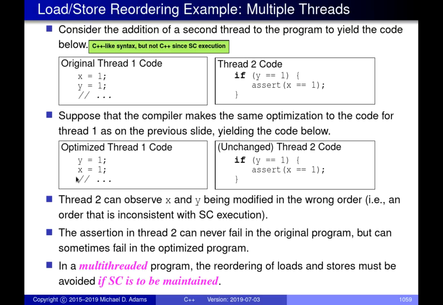The reason why is, again assuming that the machine is sequentially consistent, we could have an execution that goes as follows. Remember the variables are initially 0, so x and y are initially 0. We set y to 1. Then before any further execution happens in thread 1, we test the if over here. Well, y is 1 because it just was set to 1. We go into the assertion and we assert x is 1. Well, it's not 1 because we haven't yet reached the line in the other thread which sets it to 1. So it's actually 0, the initial value, and the assertion fails and the program crashes.